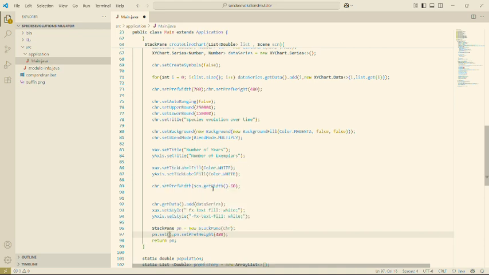We want to ensure that the chart appears as wide as the machine. So for that we do get width. So now,